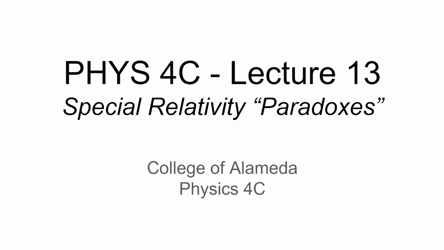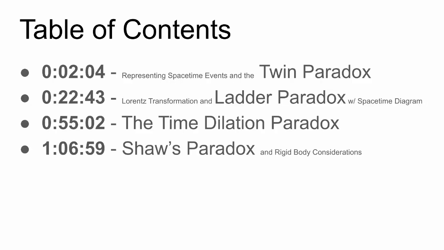Having introduced the Lorentz transformation in the last lecture, we explore a few conceptually challenging scenarios, sometimes referred to as special relativity paradoxes. As you will hear me say in the lecture, there are no true special relativity paradoxes, quote-unquote, in the sense of actual logical contradictions. What we call special relativity paradoxes are simply scenarios that challenge our classical intuition, built in a world where light didn't always travel at speed c, and any two simultaneous events could be said to be simultaneous in absolute